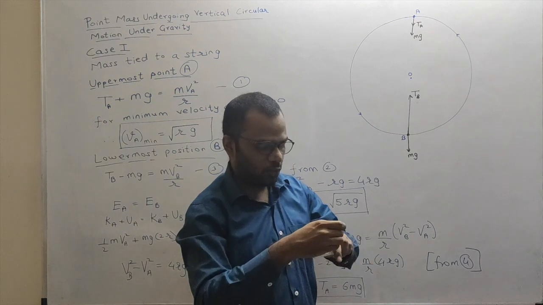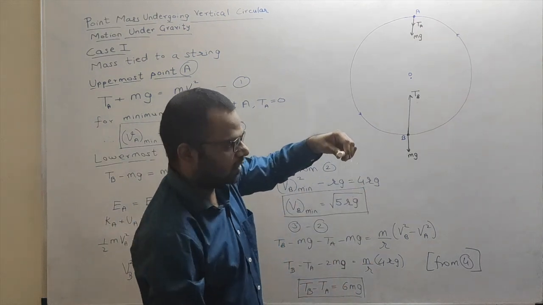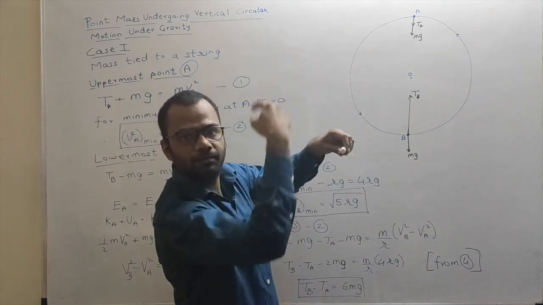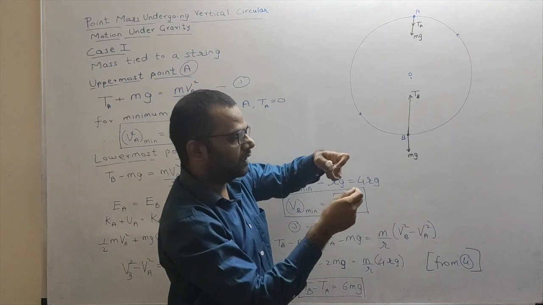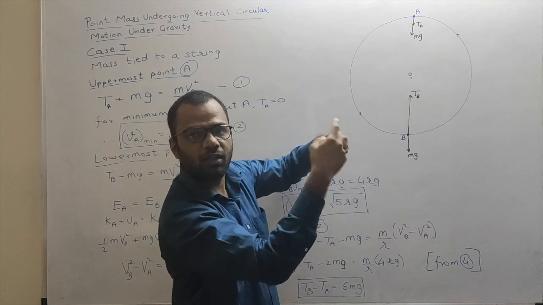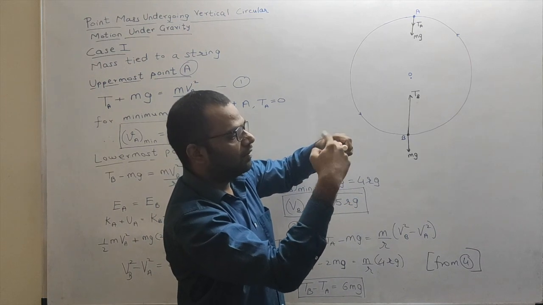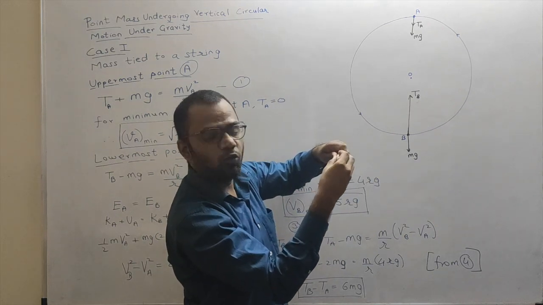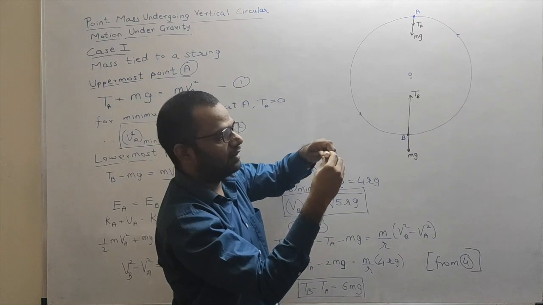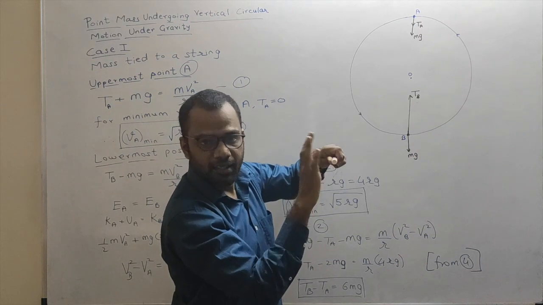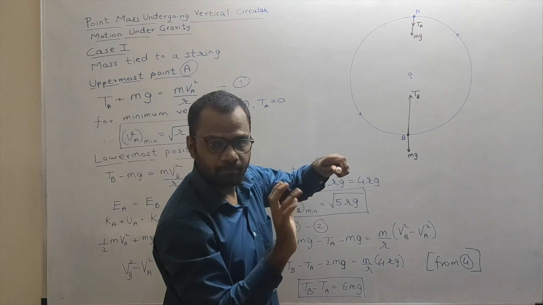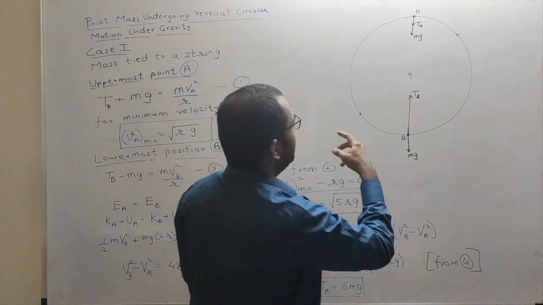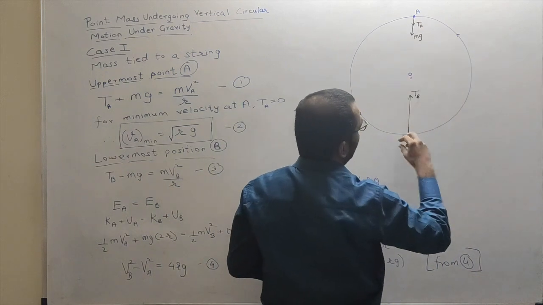So the string over here will slip as the bob performs circular motion. What I want to tell you is that the string will not get bound on this pen. It is supposed to slip, and the frictional force between the string and this pen is assumed to be 0. So this is the circular path with which the particle will move.